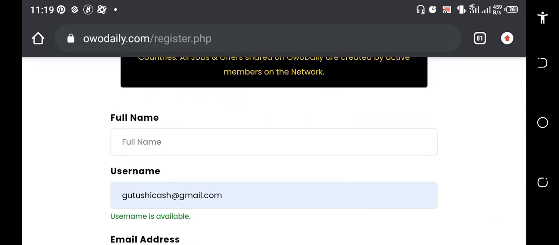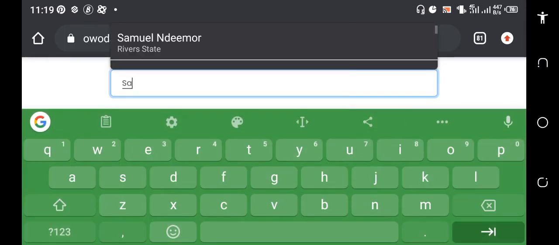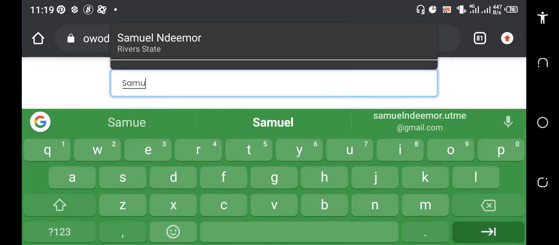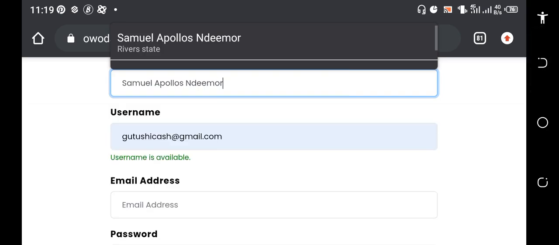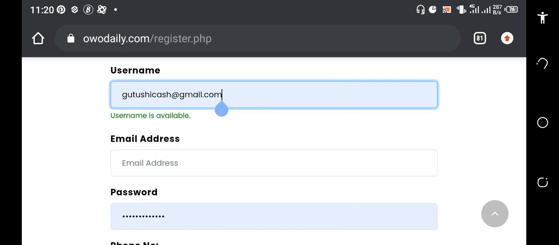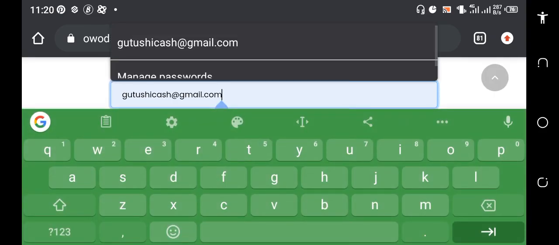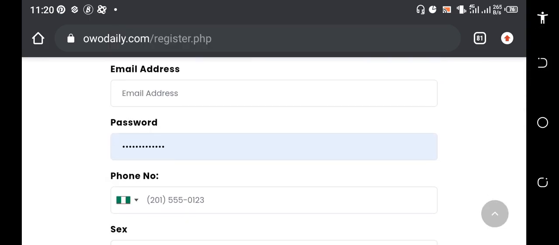Basically, what you need to do is to fill in your full name. You can see here, you just type in your name. Like my name is Samuel. I type in my name, and Apollo's demo. Right, this is my full name. And this is what you're supposed to do. Basically, you can see my username here. Let me say I'm using Gutushi Cash. All right, I'll fill in Gutushi Cash, and you can use whichever username,